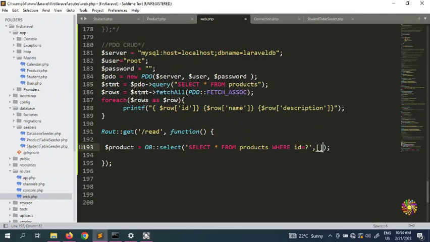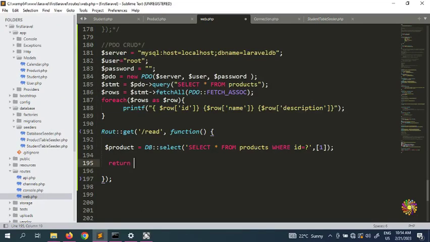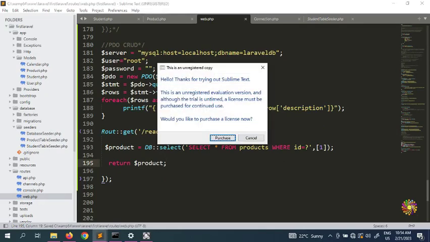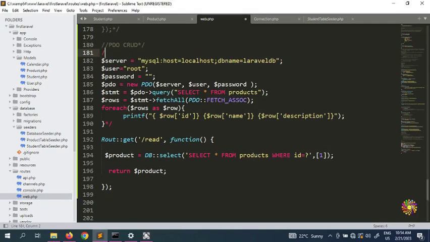It means we're looking for the ID of, for example, 1. And now we put return product. Here you need to put a comment on that one too,